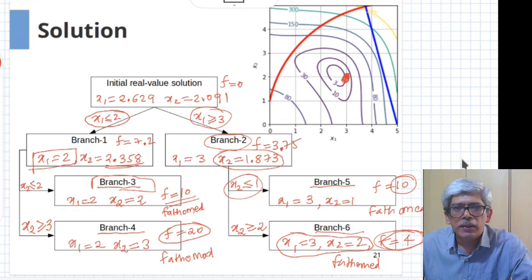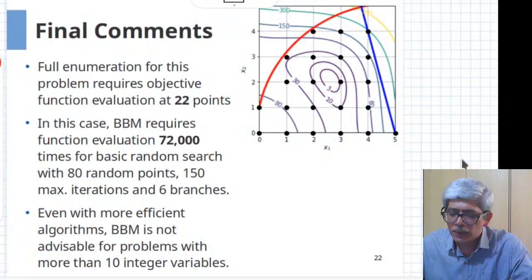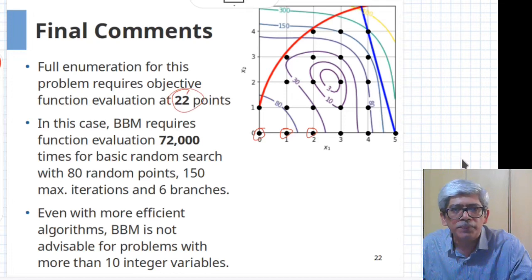Now, having looked at the implementation of the branch and bound method for a nonlinear problem, a look at the number of computations required to obtain the solution is necessary. Let's consider that instead of the branch and bound method, one wants to use full or exhaustive enumeration, which is generally avoided because it leads to a lot of computations. But in this particular case, interestingly, you have to evaluate the function only at those black dots. These are 22 in number. So just 22 computations are involved in order to solve this problem.